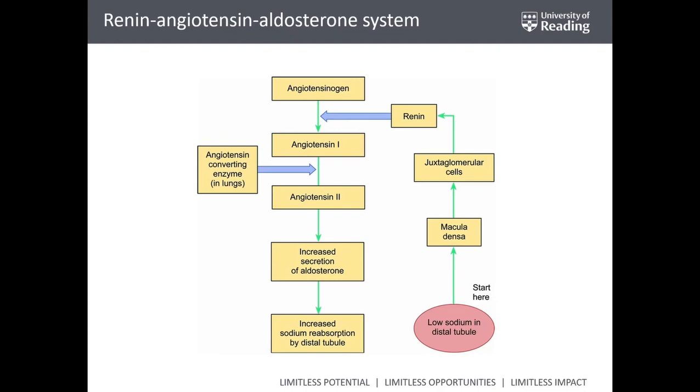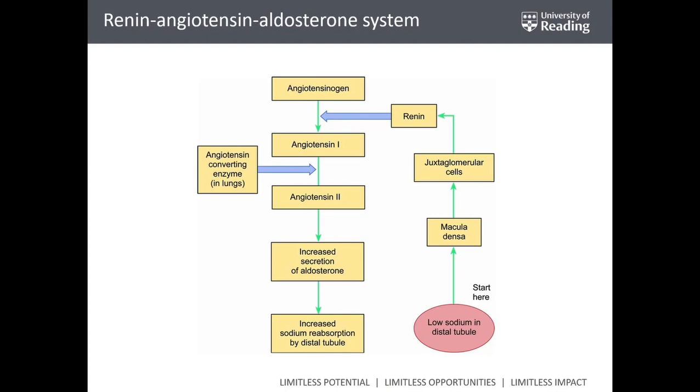Renin, so well, we have low sodium in the distal tubule, as we mentioned, or reduced pressure in the afferent arteriole. In any case, these events lead to the activation of the macula densa cells, which activate the juxtaglomerular cells, which release renin. Renin is a protease, and as a protease in the blood, converts the angiotensinogen, which is produced by the liver, into